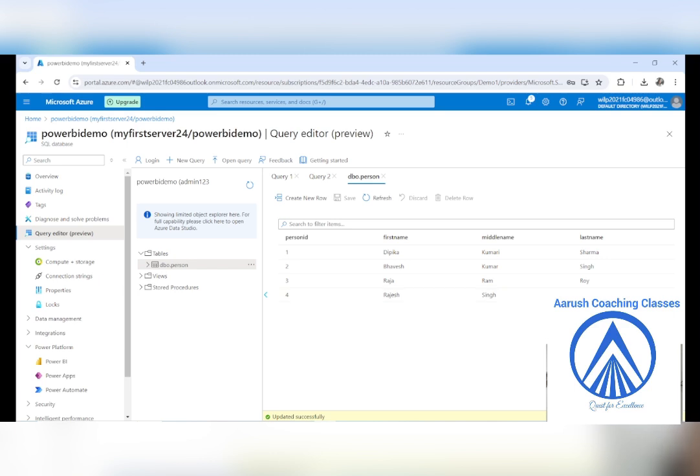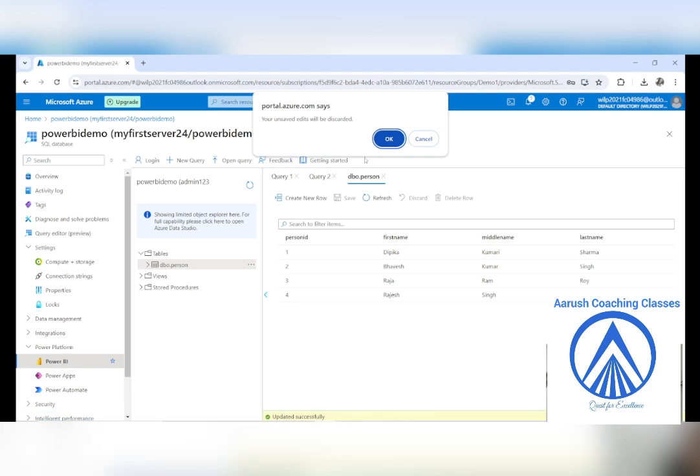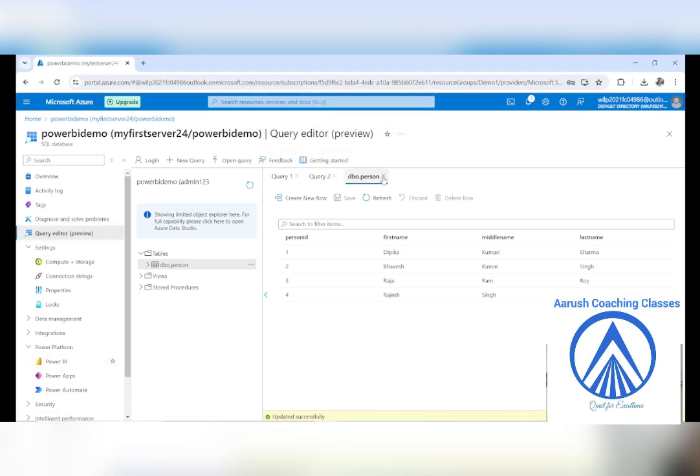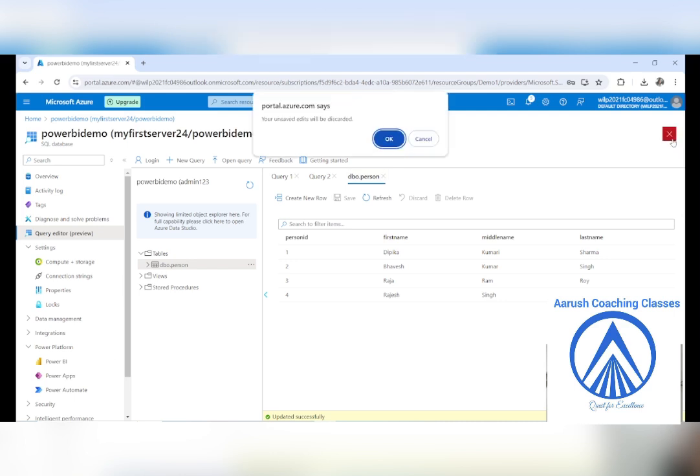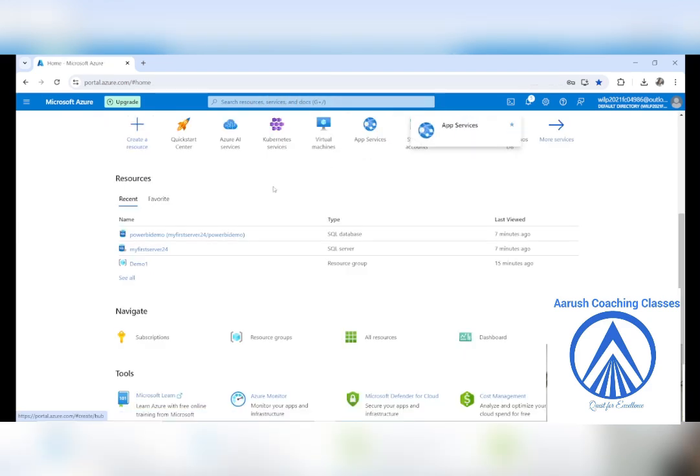Now I will use Power BI to visualize the data. So where will I go? I'll go to this one, Power Platform. Now since I have the data in my table, right? So Power Platform and click on Power BI. Okay. Oh, so is it not saved? Yeah. So it is saved, right? Okay. So it is saved. Will be discarded. Okay. Fine.